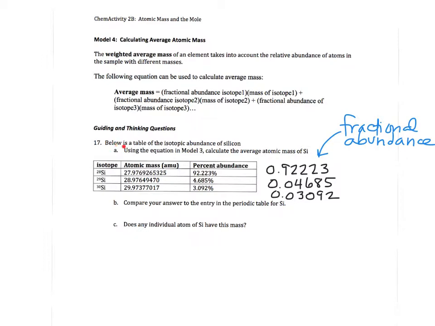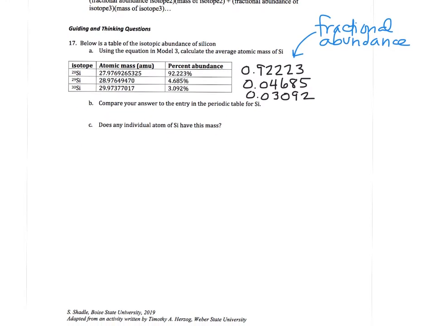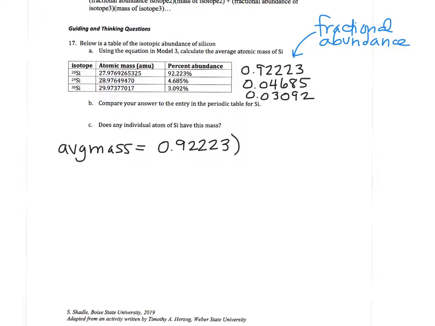So we're going to use the equation. I didn't leave any space here on the document, so I'm just going to do it down below. The average mass is going to be the fractional abundance of the first isotope, which is 0.92223, times the mass of the first isotope, which I find here. It's a big old long number, and here it is. So I've got the fractional abundance of the first isotope times its mass in atomic mass units. Now I'm going to add